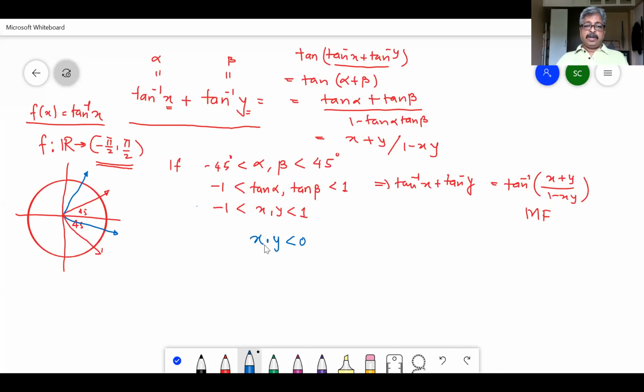If the product of both of them is negative, then one is positive and one is negative. That is yet another safe case, and therefore does not matter. Your answer is going to be the same main function, right? Boundary case: if both the angles are 45, they will end up being pi by 2. If both the angles are minus 45, both of them together will end up being 90 degrees.